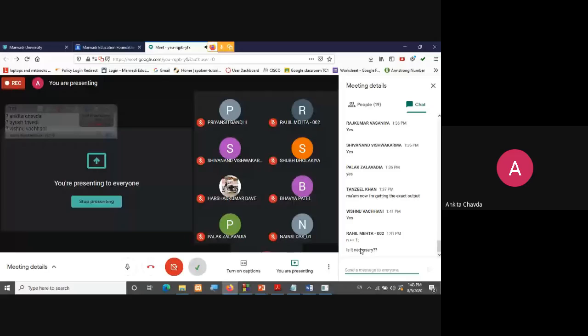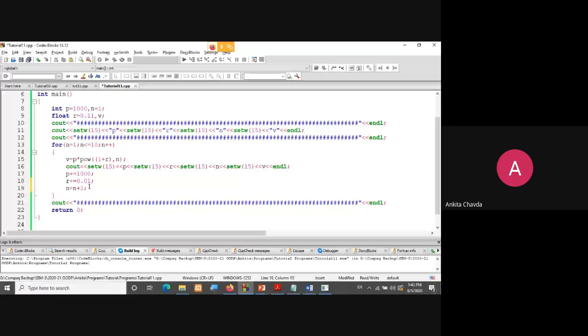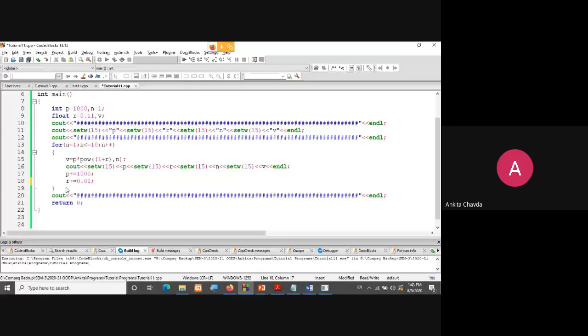So now I hope you have done. Rahil, you are asking about n plus is equals to 1. Is it necessary? But there in our program, we have already taken in our loop that will do this n plus plus. So explicitly, I don't have to write n is equals to n plus 1, right? Otherwise, it will do n is equals to n plus 2 actually, right? This n is equals to n plus 1 for the year will be done automatically because I have taken in my loop that year n.